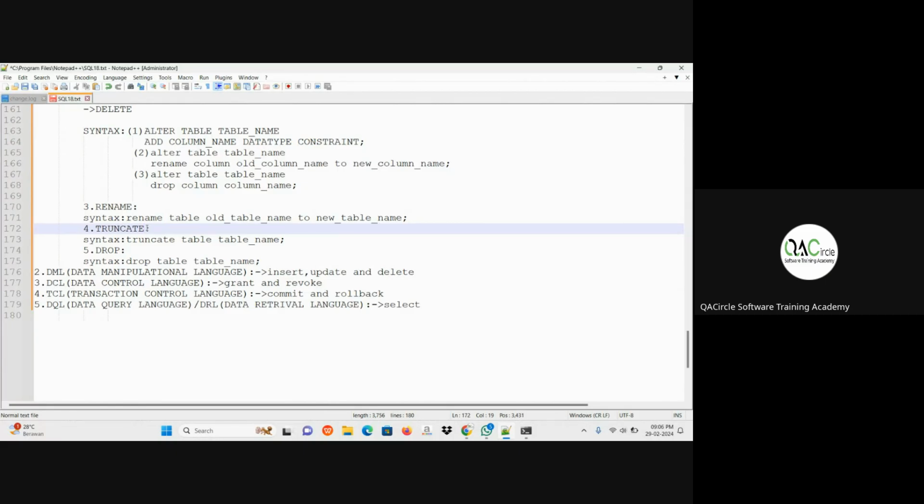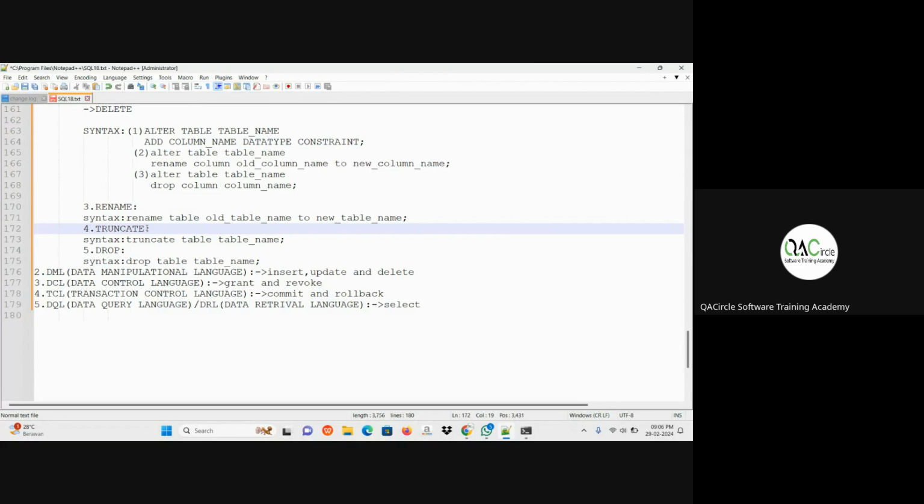This statement is used to delete all the records in one shot. Full stop.